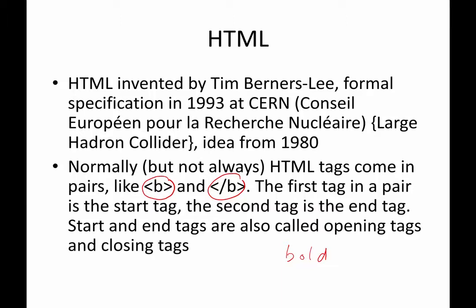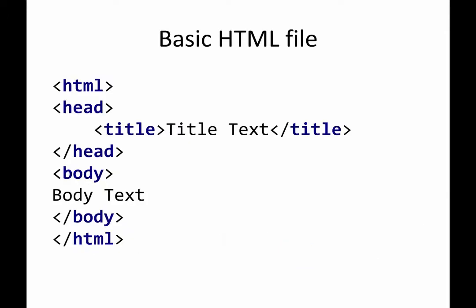So in this example, which one is the start tag? Have a guess. A or B? A, yeah, and B is the end tag, and everything between A and B is going to be bold in this case. Or, I think I is for italics, I guess. There are lots of those. So very often tags come in pairs, but not necessarily. There are also some tags that are just there by themselves.